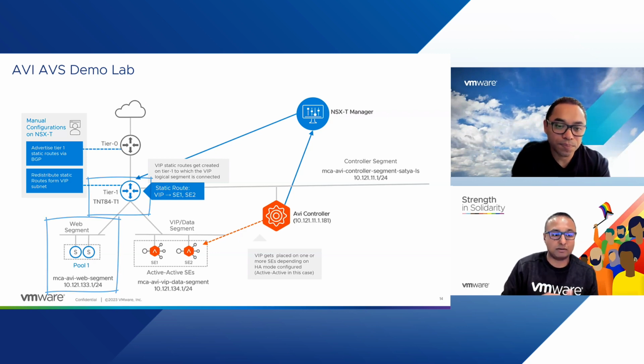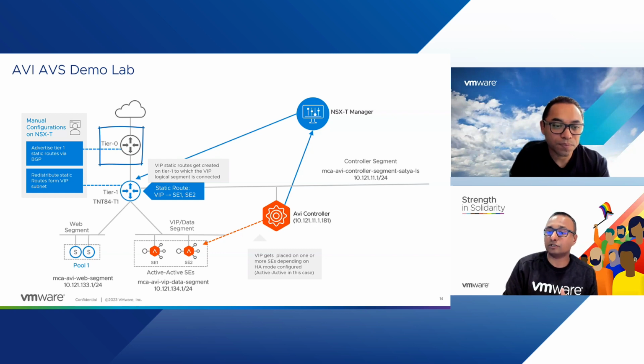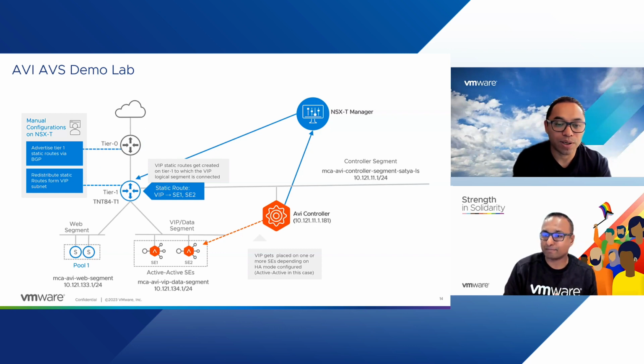For that virtual service, it's a static IP address, so we'll redistribute the static IP address from the VIP subnet, and that gets redistributed onto tier 0, and tier 0 will actually go and redistribute it into its BGP routing. Okay. So that's how the routing actually works on this instance. Okay, so we will just describe the demo lab now, but in our next video, which is our third